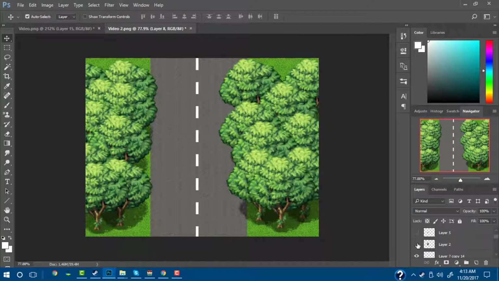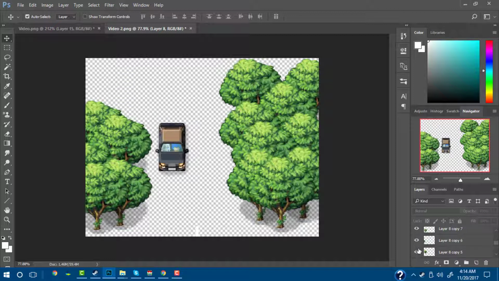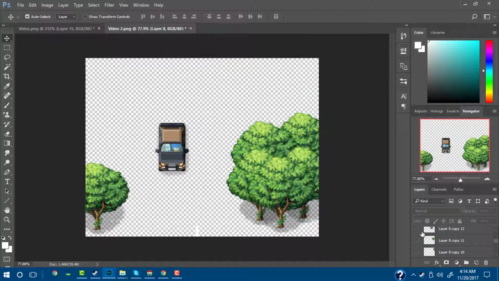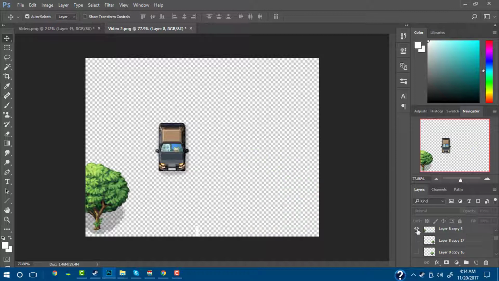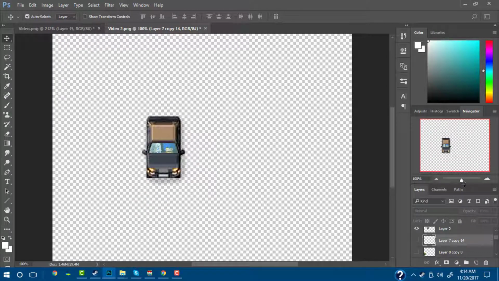So let's get all the car layers back. Hide every other layer down here. Alright. There we go. Future reference, I'd probably merge all of these trees together. Also, don't forget to hide the white lines. Okay. So there's our